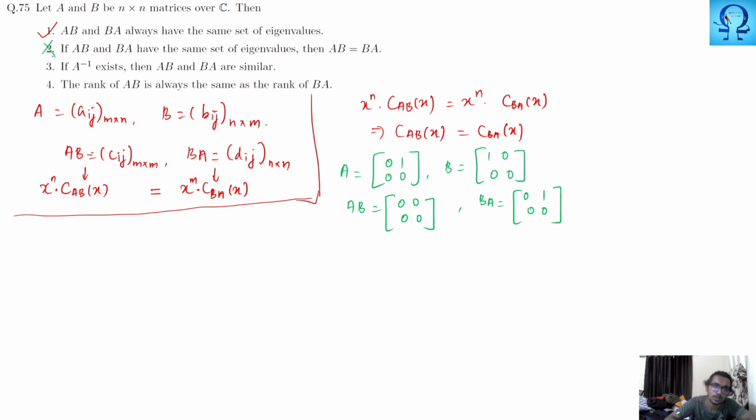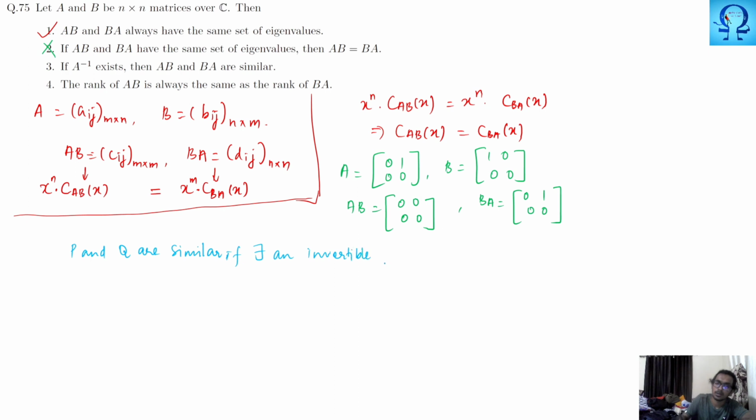Okay, so option 2 is false. Next, they are talking about similar matrices. When do we call two matrices similar? P and Q are said to be similar if there exists an